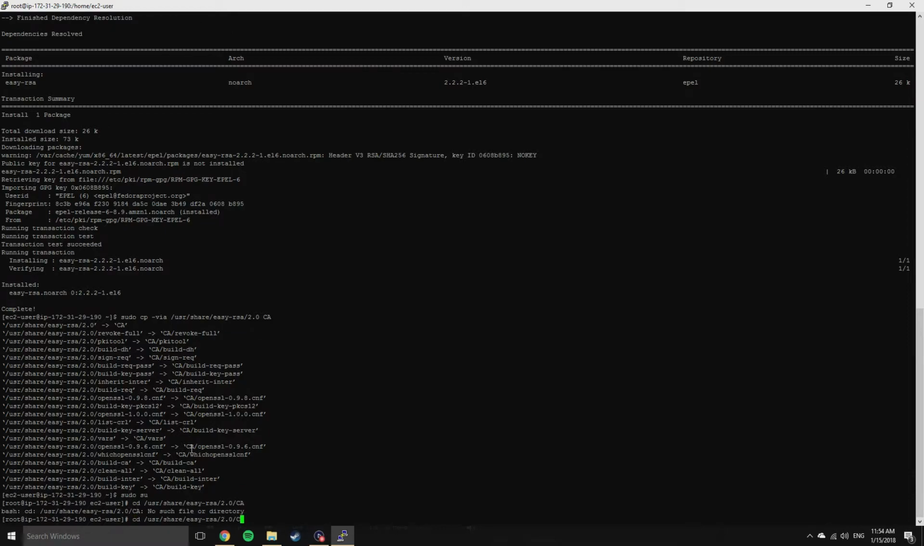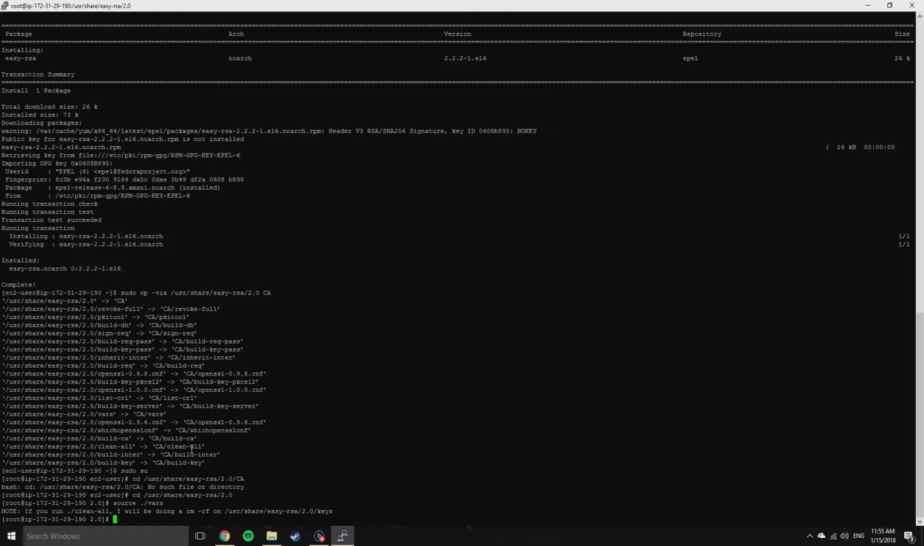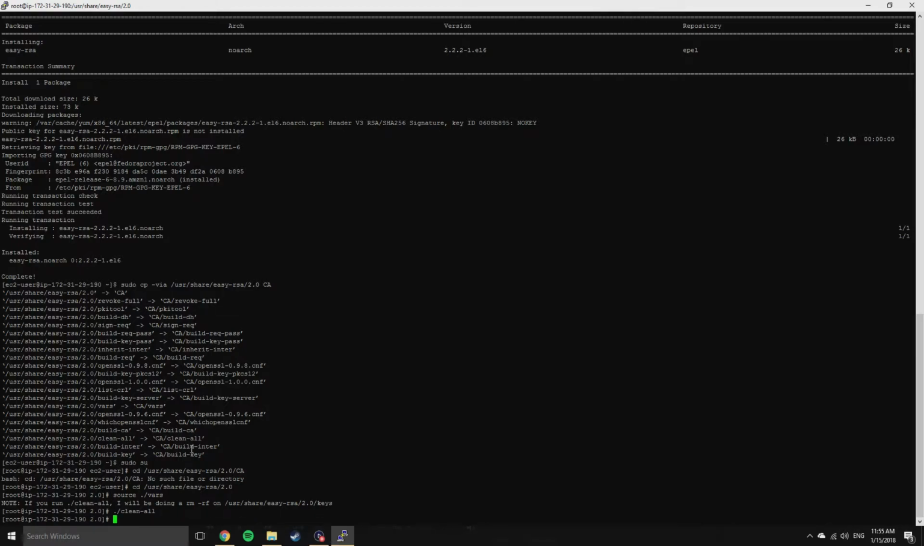Oops, I actually made a typo there and added the CA to the directory path. It should just end with 2.0. Once you're in the directory, type source space ./vars. You'll see some feedback there, then ./clean-all. And the same thing,